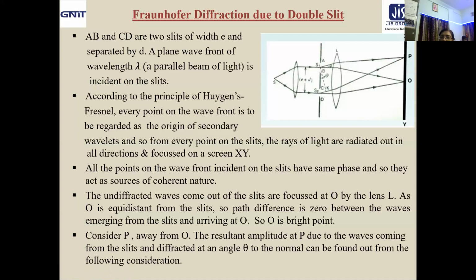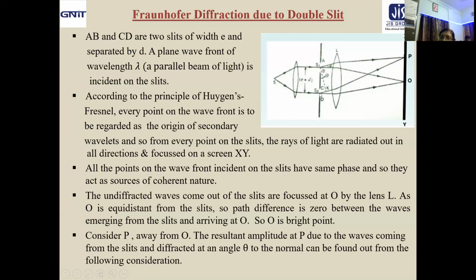Now, the waves which are coming out from S1 and from S2 and reaching the point P are suffering a path and phase difference. How to get that? From S1, let us draw a normal which cuts S2K at the point K. That means beyond the plane here, that is BK, the paths are the same.